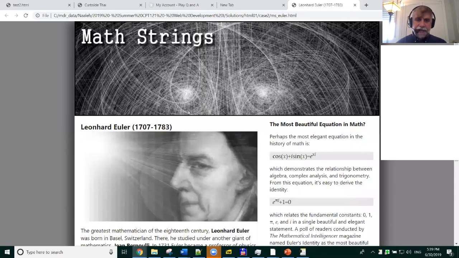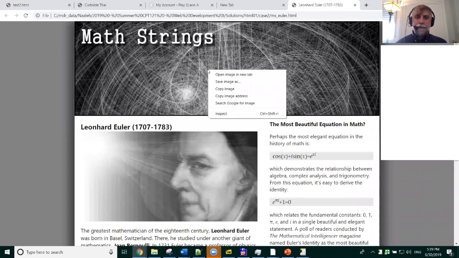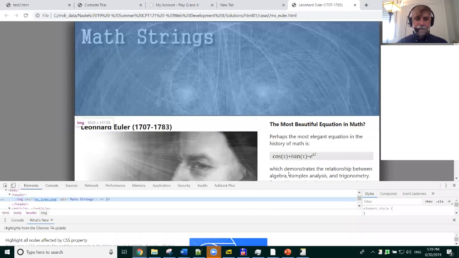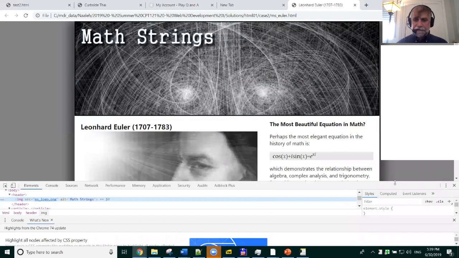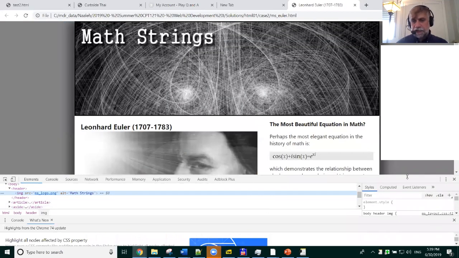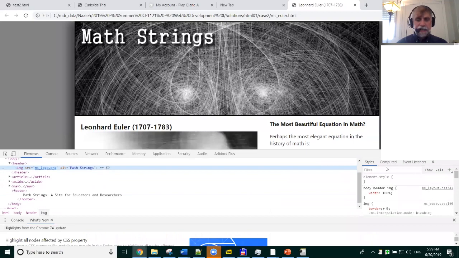So this is the same page. This is the same thing we saw before. And why did I do that? Because I want to show you, I'm right-clicking my mouse, and I'm going to go to Inspect. This is a nice feature that all web developers have to know about. And this Inspect gives you a whole lot of options here. We're just going to talk about the Inspect, and the book does talk about this. I'm kind of jumping ahead in the